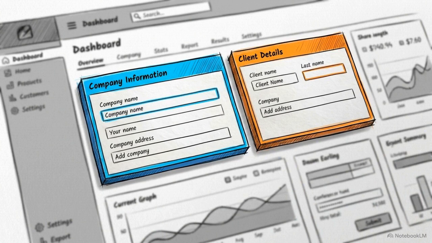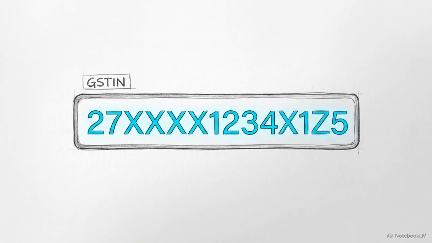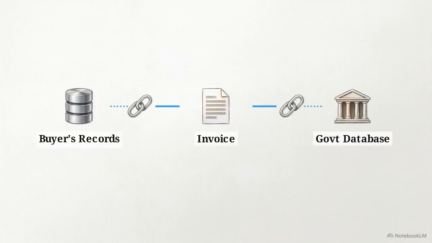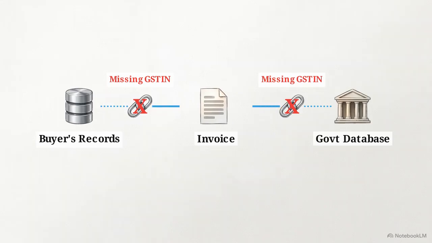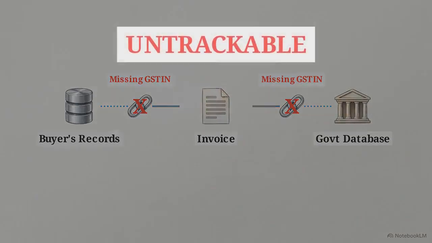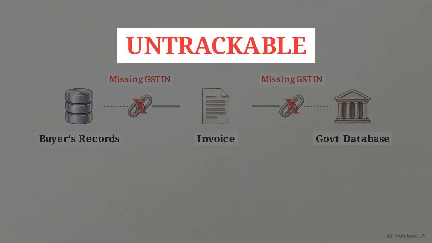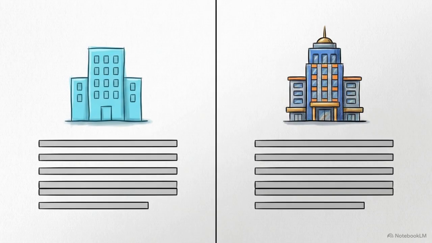Open the GSTMaker dashboard and enter the seller and buyer profiles. You must input the specific 15-character GSTIN for both your business and your client to identify the parties involved. This diagram illustrates the flow of data. If the GSTIN is omitted, the transaction cannot connect to the buyer's records or the government's database, making the entire exchange untrackable. Once the GSTINs are set, you provide the legal names and registered physical addresses to complete the identity